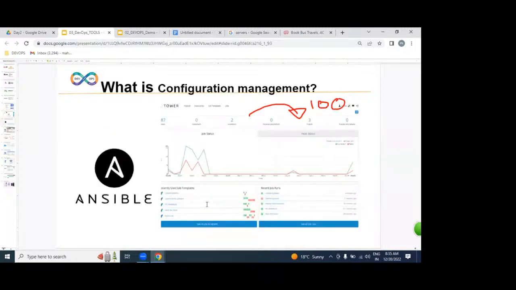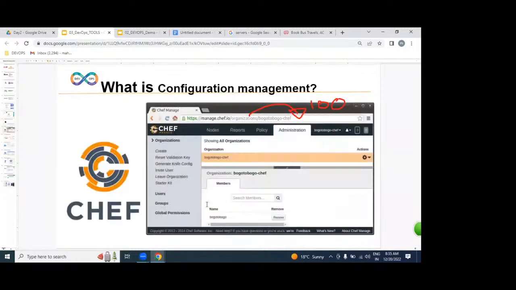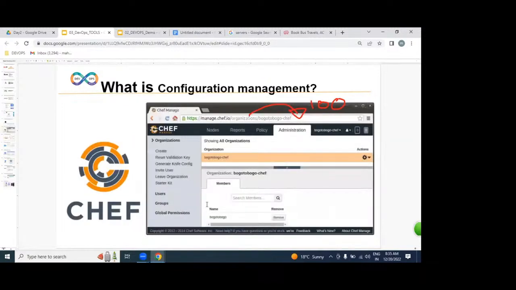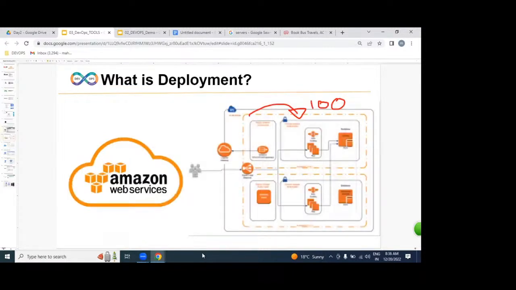Which tools are we going to be using? Ansible and Chef. Ansible is a push model. Chef is a pull model. Understood very clearly. But if you want to automate on hundreds of servers, we require servers, or no? From where can we get them? Understood very clearly. So we are going to have an automated process on hundreds of servers, agreed. But from where?